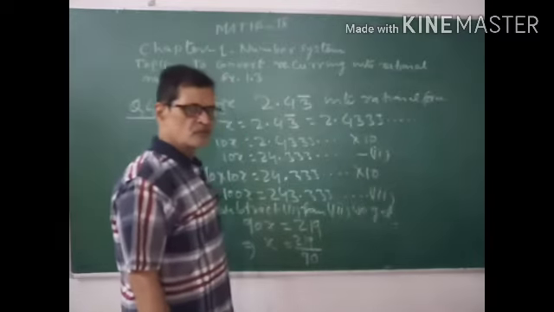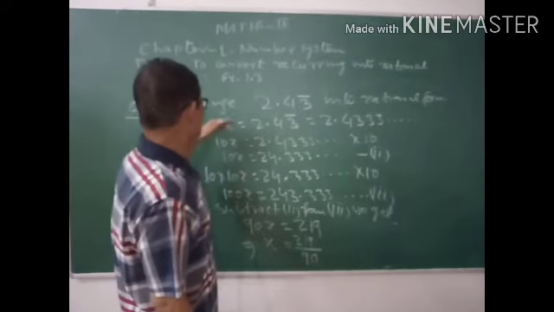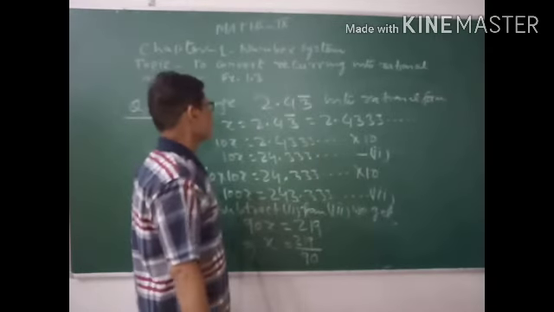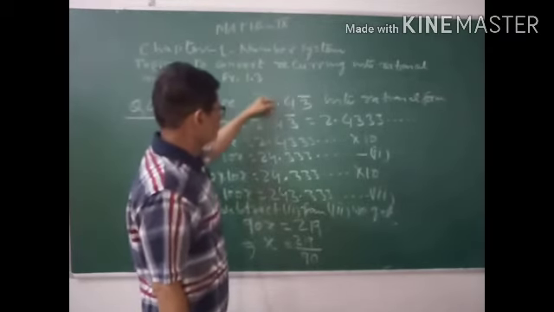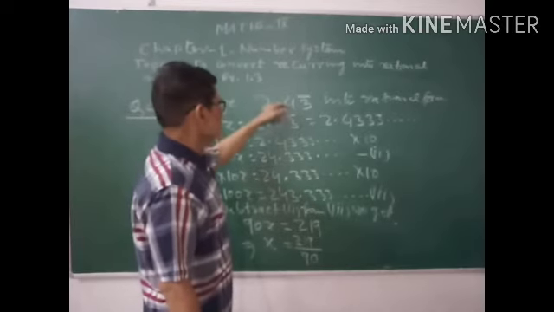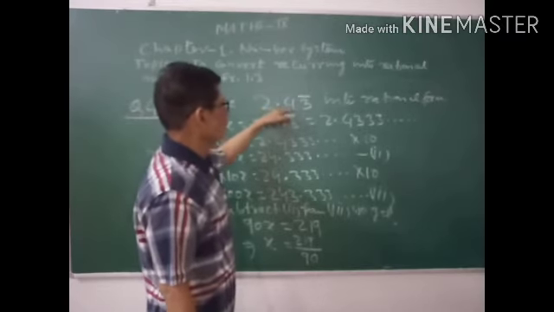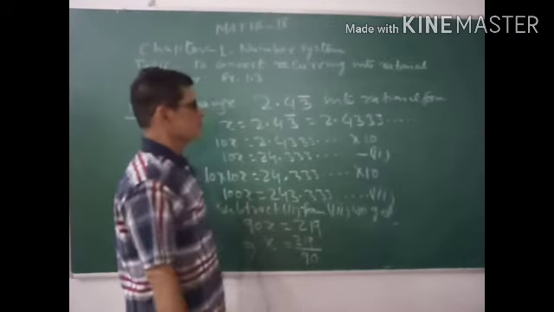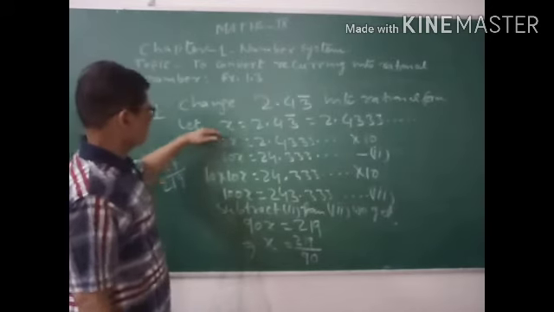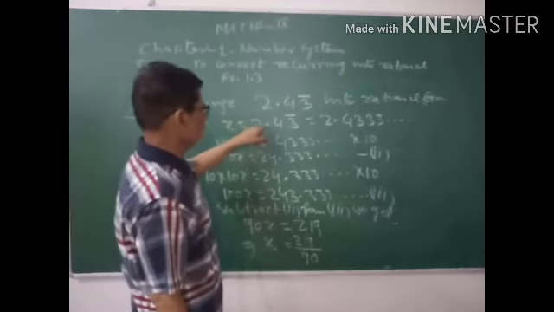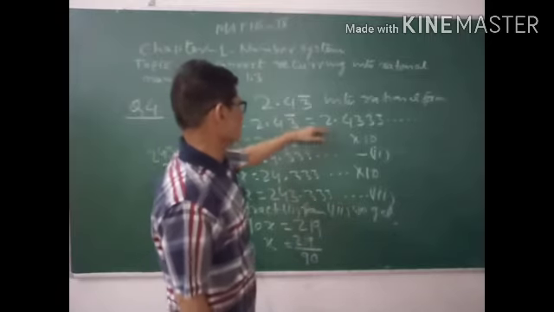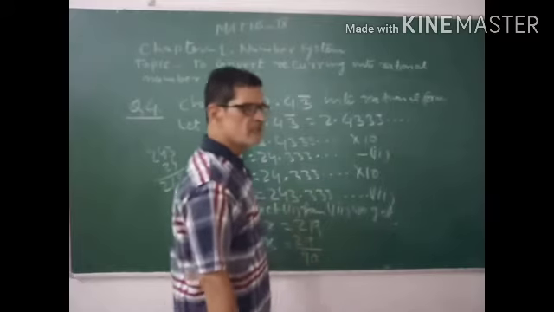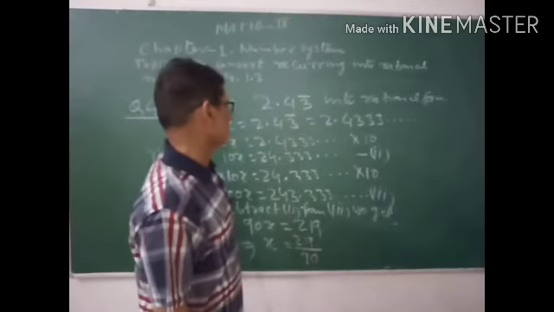This question is also different from the problems just explained before. Here we have also put a whole number. This is without recurring, and only 3 is a recurring digit. We have to change it into rational form. So let us consider x equal to 2.43 recurring. This can be written as 2.4333. Only 3 will repeat again and again.